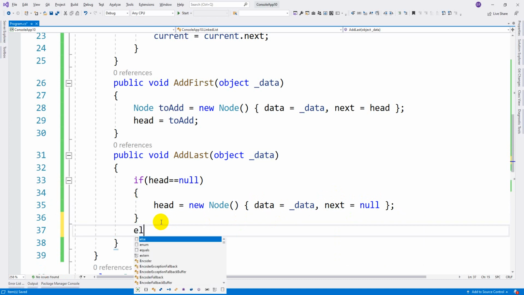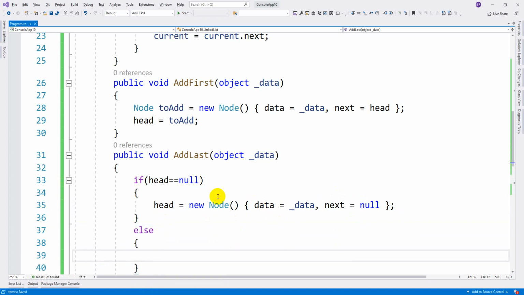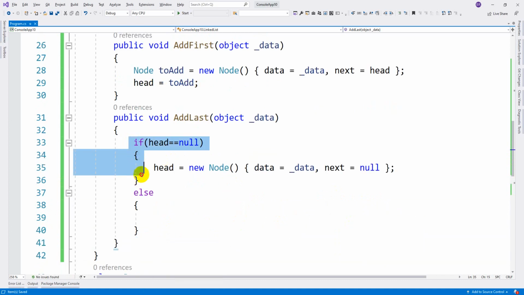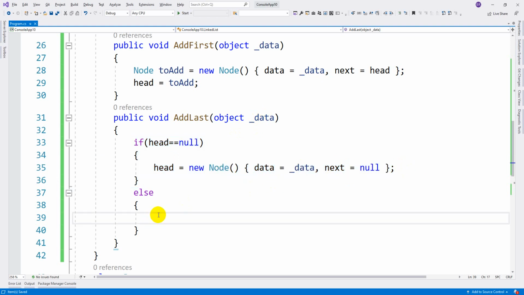Suppose if you have any value, then we'll go with the else block. So if this is the first node, you are initializing, use this data as the first node, and the next element is empty. So node to add is equal to new node.